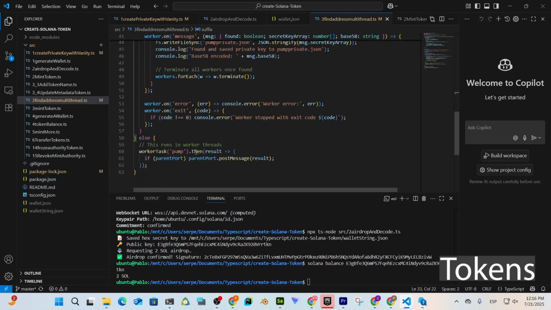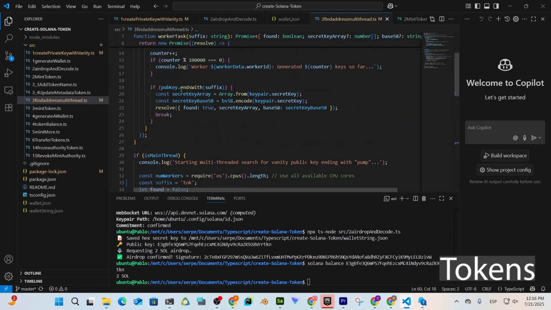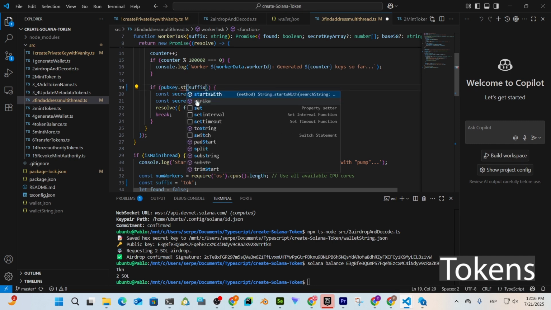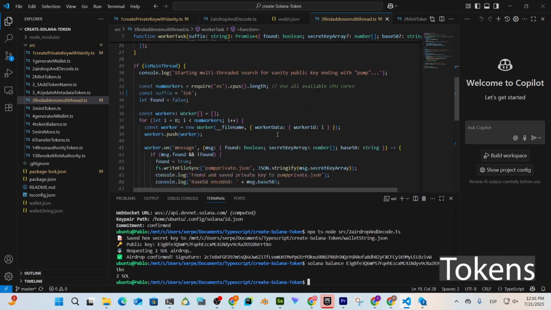So we pass it here. So token. And now, for example, let's change this to start with. Now we run npx and we are saving this as, let's save it as